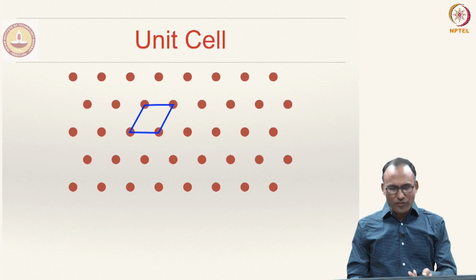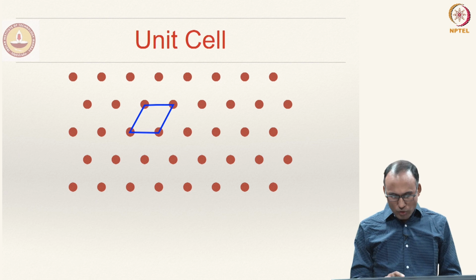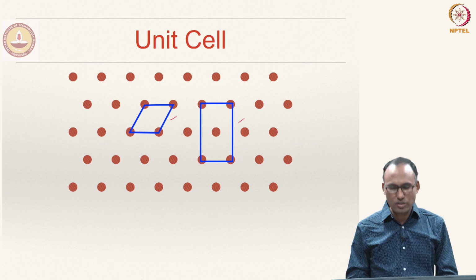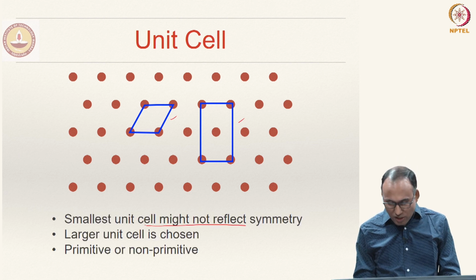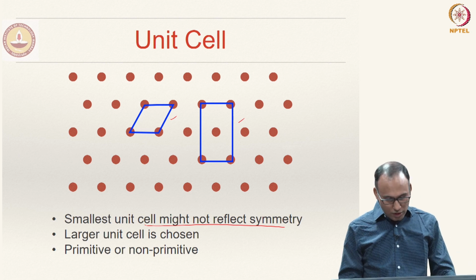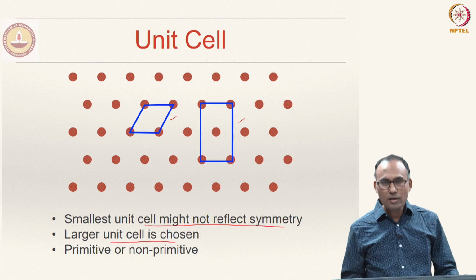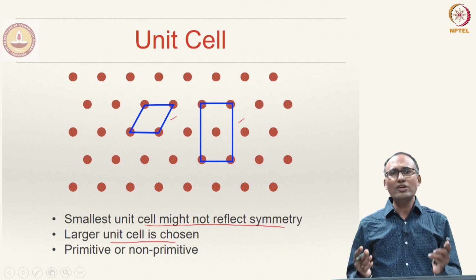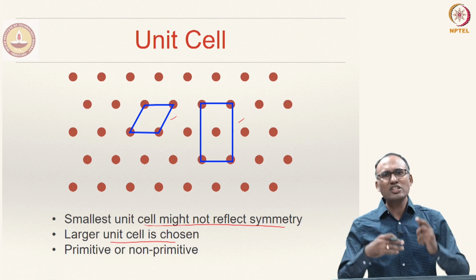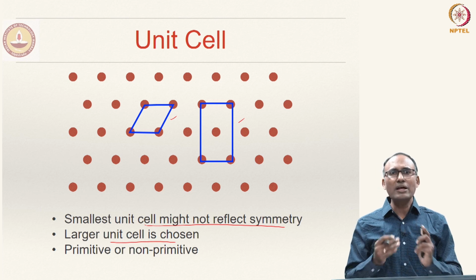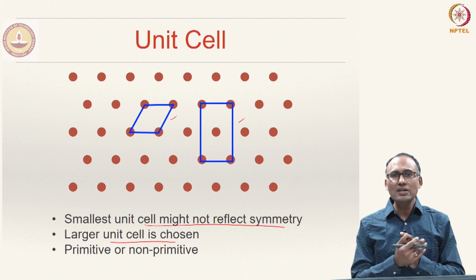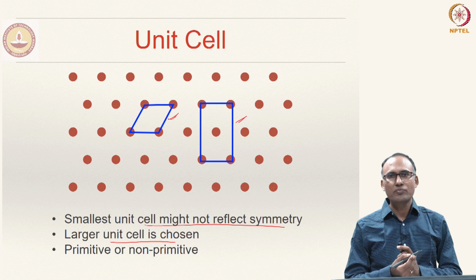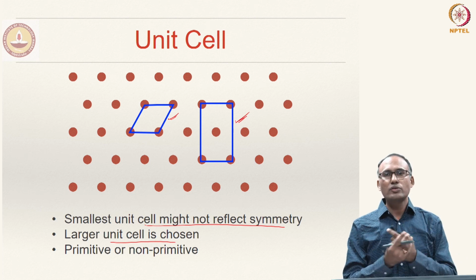You can also have another structure wherein you cannot identify a square as a unit cell. You see that this is one unit cell, and this is another unit cell. The smallest unit cell might not reflect the symmetry of the crystal structure, and then you might choose a larger unit cell as the primary unit cell. It can be primitive or non-primitive. That means, whenever you are choosing a unit cell, it does not have to be the smallest, but choosing the smallest one is usually the convention. Sometimes your smallest unit cell might not reflect the symmetry of the crystal. So, here it is the smallest unit cell, but the symmetry level is higher for this one, and hence you might want to choose this as your unit cell.